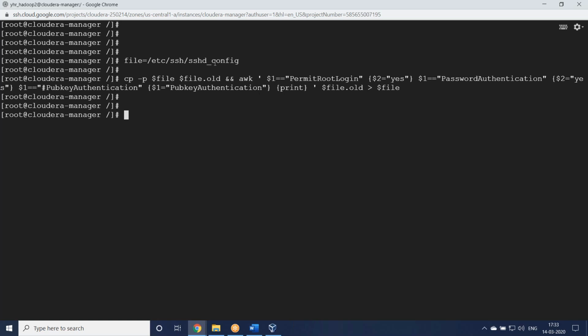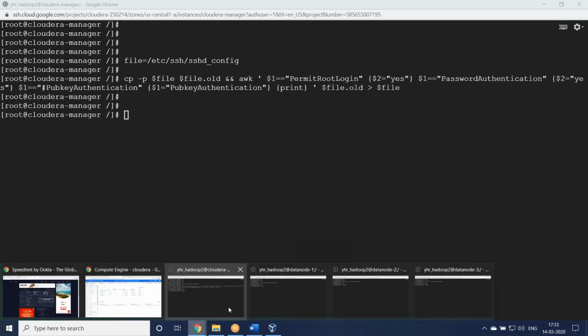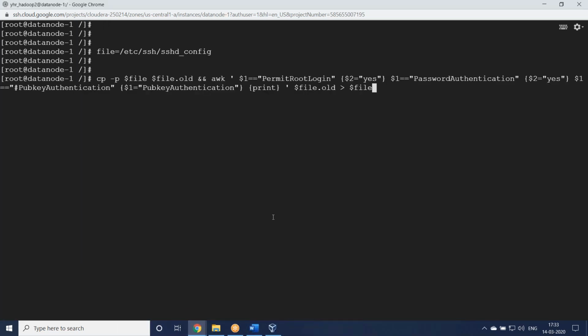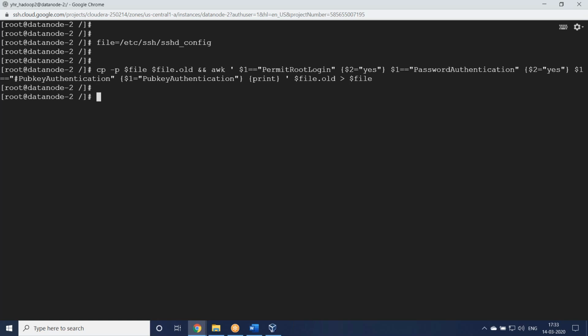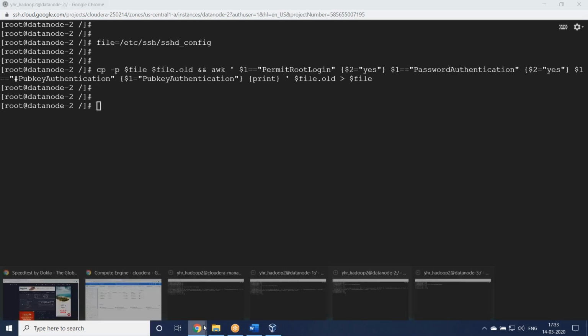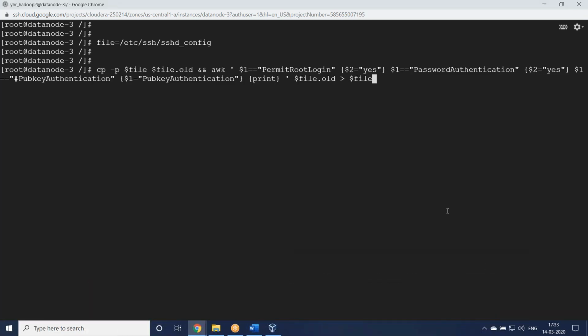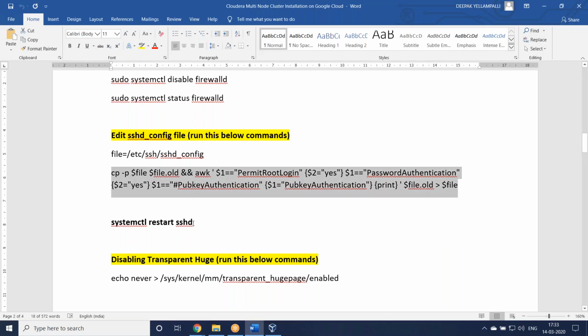Generally, you have to open this file and do it all one by one manually. So instead of that, I just gave it a single command. That's it. Done.